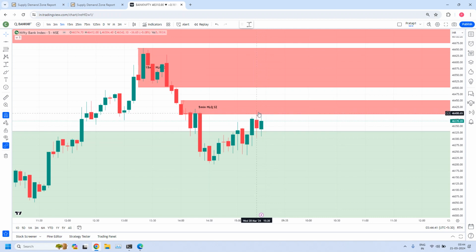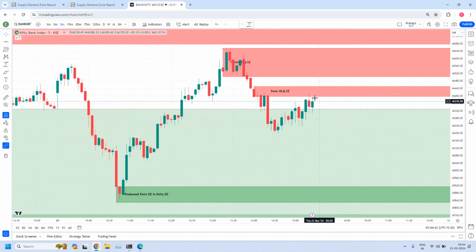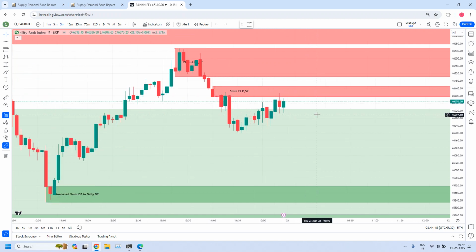before closing, it picked up the orders from this 5 minutes high liquidity supply zone. There are two possibilities. Possibility 1, with gap down Nifty, Bank Nifty should come down, or once again from this 5 minutes high liquidity supply zone, it should pick up the orders and come down. Of course, a third possibility is also there. All of a sudden tomorrow could be a very positive day for the market. With the gap up, this high liquidity zone might be violated. That possibility is also there.